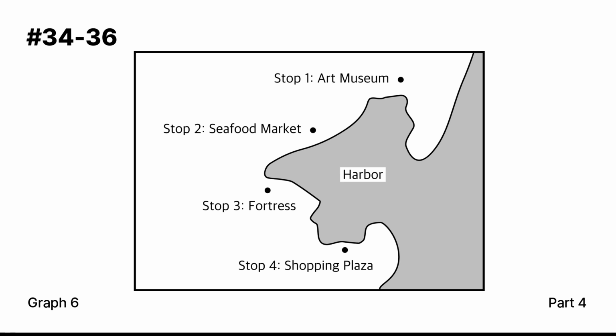This is a reminder for passengers joining the harbour sightseeing cruise. The boat will make 4 stops in total. The first destination is the Art Museum, which features both historical and modern art collections. Then, we will head to the seafood market, where you can sample local specialties.